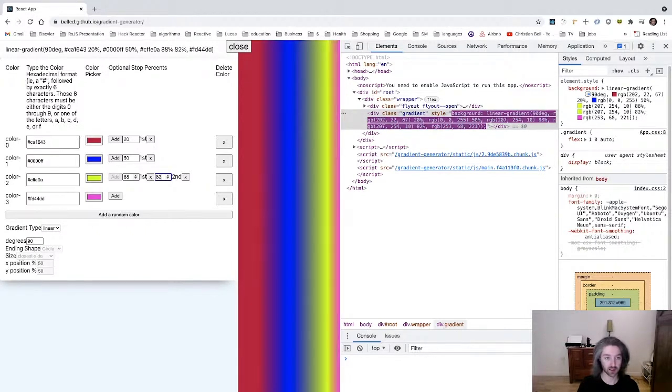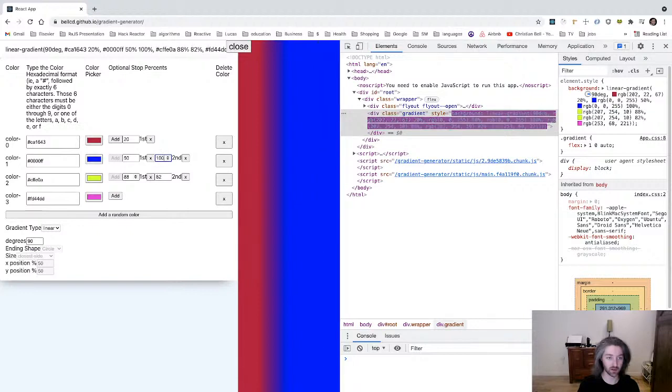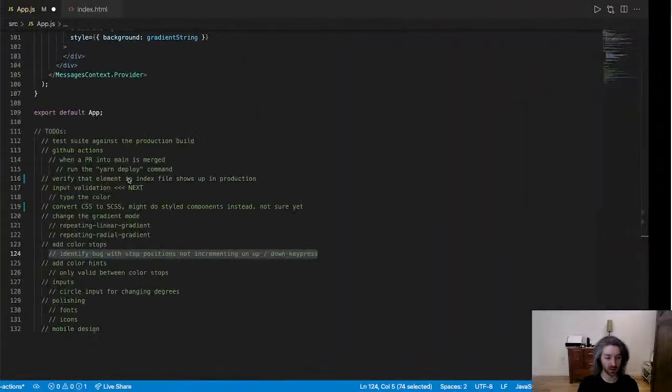Okay, can't increment it past 100. But for example, here, if we add another one here, if we put, say, 100, this is inaccurate. The minimum for this one should be 97. We could remove the first. Okay, so